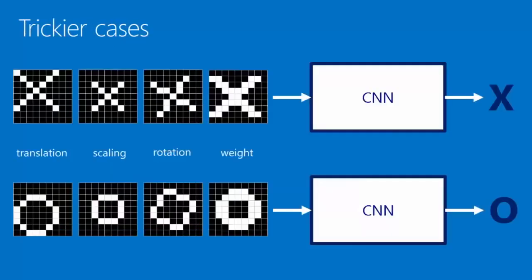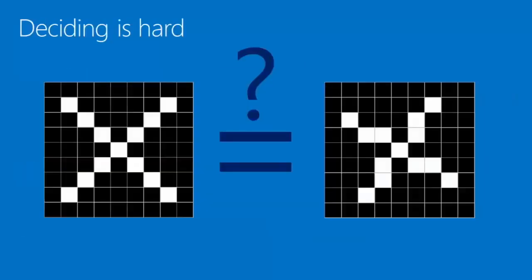So how a CNN does this has several steps in it. What makes it tricky is that the X is not exactly the same every time. The X or the O can be shifted, it can be bigger or smaller, it can be rotated a little bit, thicker or thinner, and in every case we would still like to identify whether it's an X or an O. Now the reason that this is challenging is because for us,